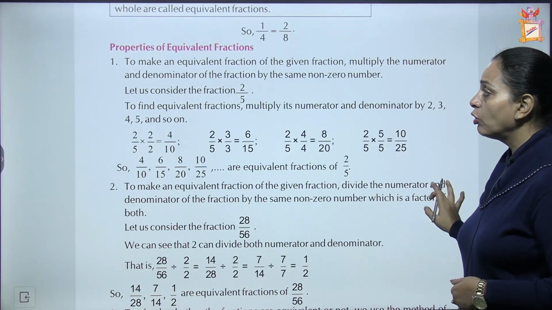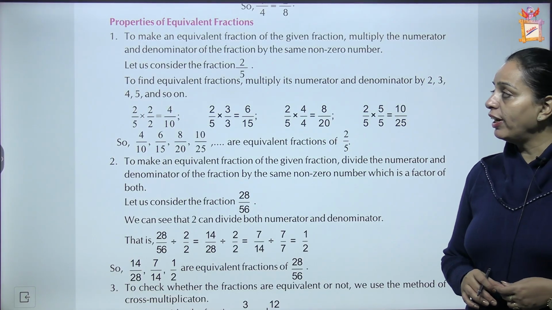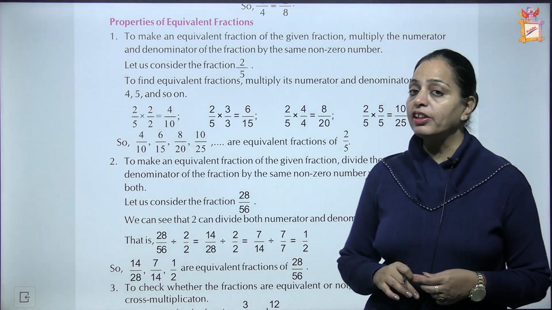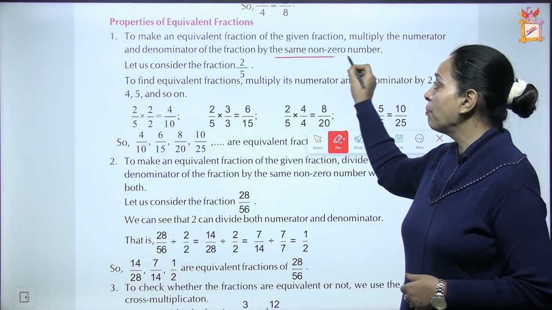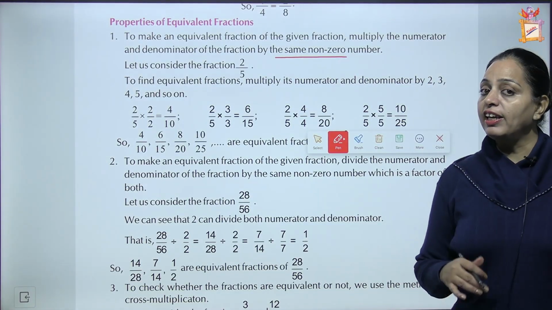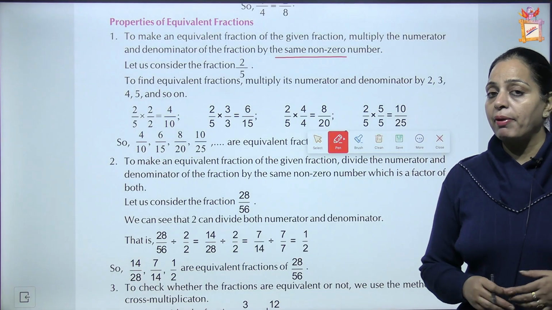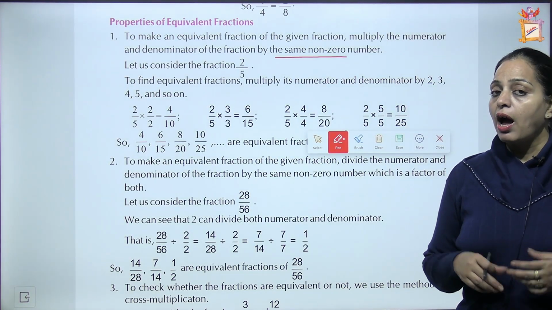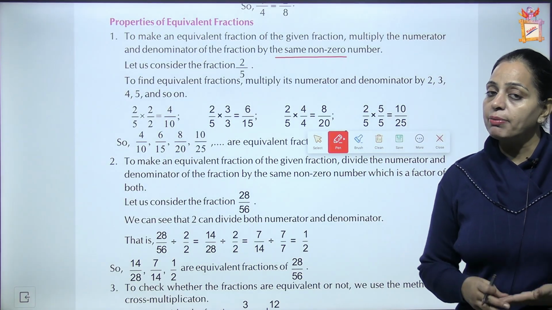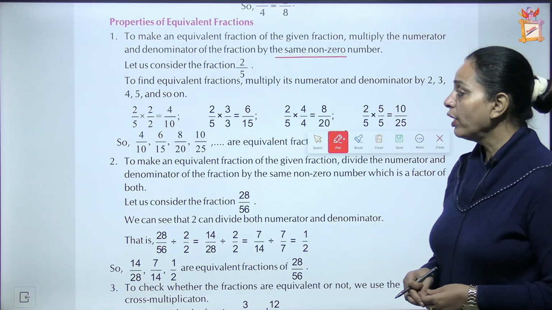Now we are talking about properties of equivalent fractions. The first one, to make an equivalent fraction of the given fraction, multiply the numerator and the denominator of the fraction by the same non-zero number. अगर हमें किसी फ्रैक्शन के इक्विवेलेंट फ्रैक्शन फाइंड करना है, इट्स वेरी इजी. जस्ट मल्टीप्लाई बाय एनी नॉन जीरो नंबर। आप 2 से मल्टीप्लाई कर दो न्यूमरेटर और डिनोमिनेटर को, आप 3 से मल्टीप्लाई कर दो, 4 से कर दो, 5 से कर दो, इट्स अप टू यू।